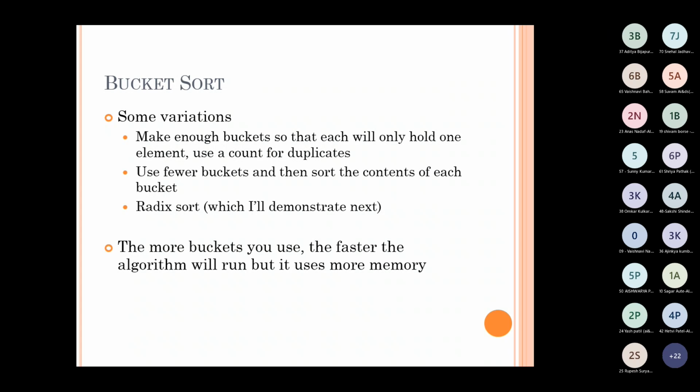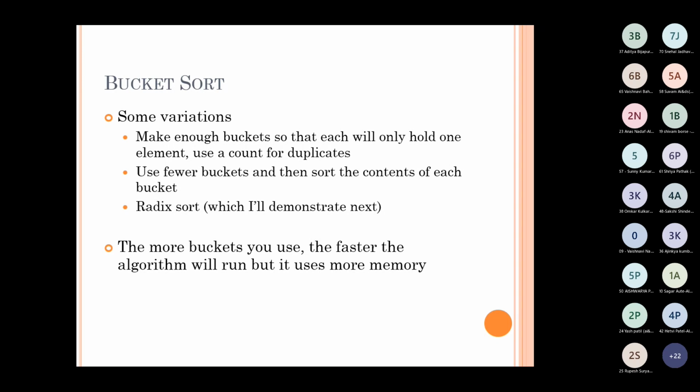So there are different variations in the bucket sort also. We will see all of them one by one. Out of all these variations, in one case we use one bucket for each element. Or we have used very few buckets, but once the partitioning is done, the elements present in each bucket are sorted with the help of some sorting algorithm, and then the buckets will be concatenated to get the sorted data, or radix sort.